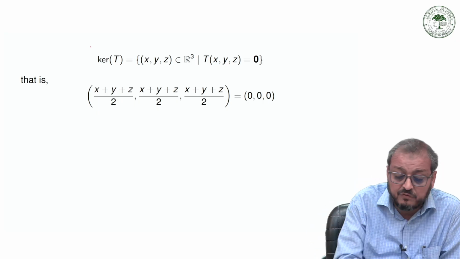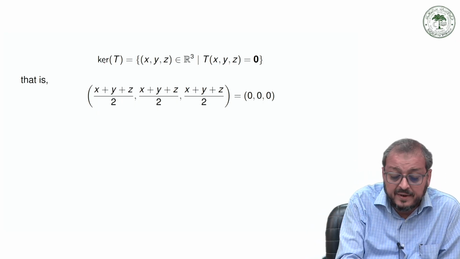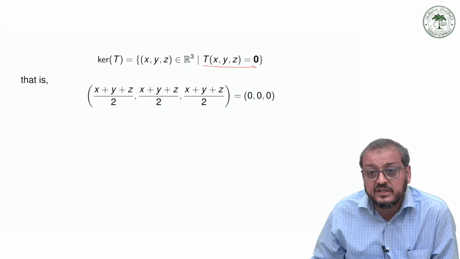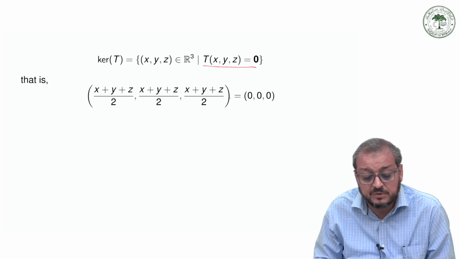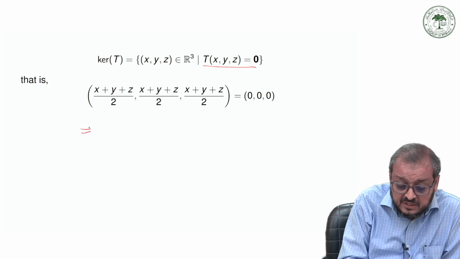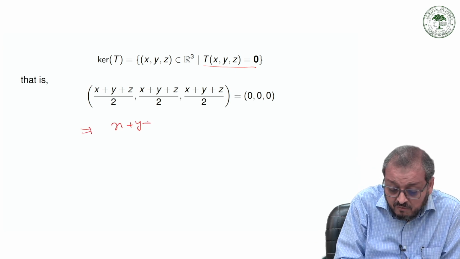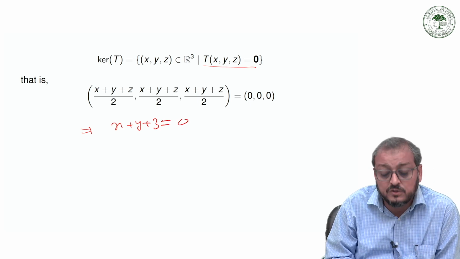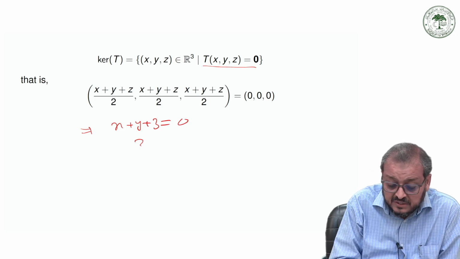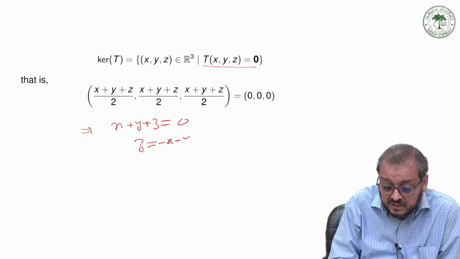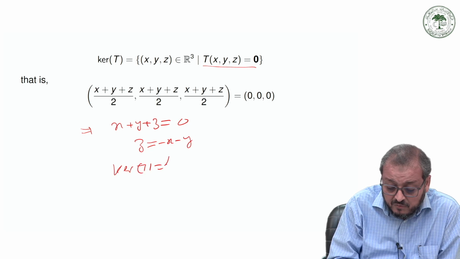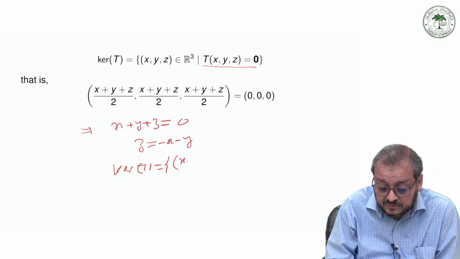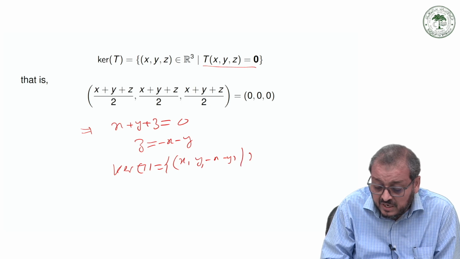So we have the kernel of this is of this form, and the kernel is clearly T of (x, y, z) equal to 0. So T of (x, y, z) is defined in this form, and this is equal to 0. Then this is clearly saying that x plus y plus z is equal to 0. And if x plus y plus z is equal to 0, z can be written as minus x minus y. Then the kernel of T is nothing but the set of vectors of the form (x, y, minus x minus y),